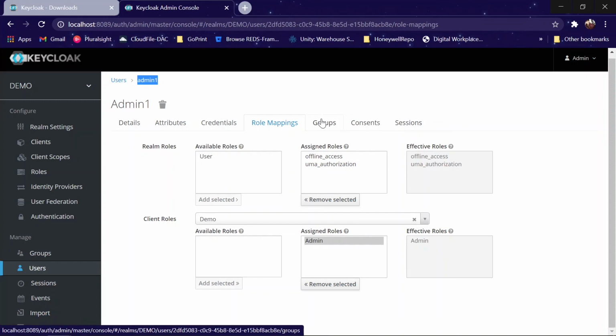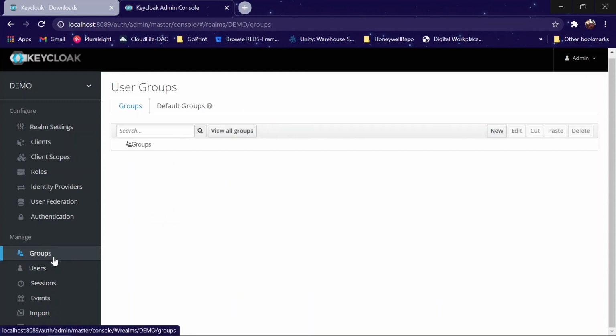Okay, so you can also see the sessions where the user is being logged in. You can even see groups is another functionality. I will show you. Right now there is no group, but you can have a group. Let us suppose you want different types of roles to have the same access. In that case you don't want to go again and again to a user and define those roles. So what you can do is group those roles together and assign that group to that user. In that case, that user will have all those functionalities.